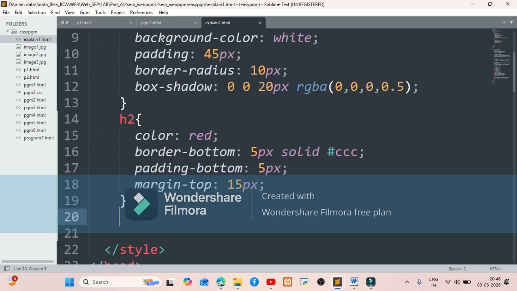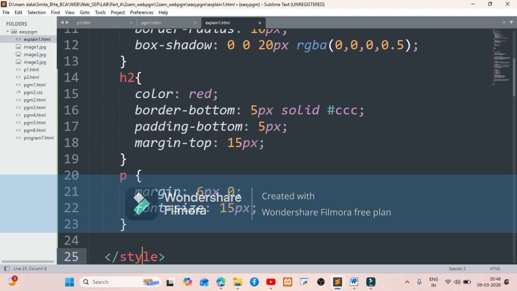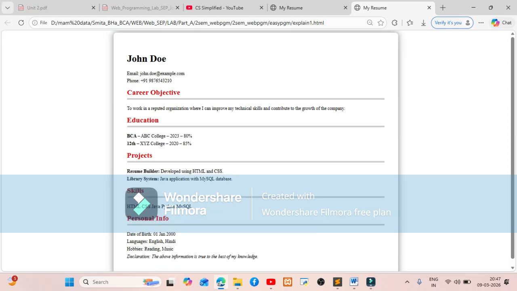What else we can add as a style to our document? Suppose we want to add some style for our paragraph. So here you can see I have added the margin and I have also used the attribute font size, which is 15px. Save it, refresh it. Can you see the change in your paragraph?